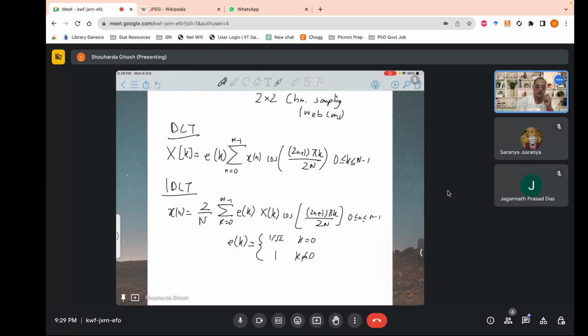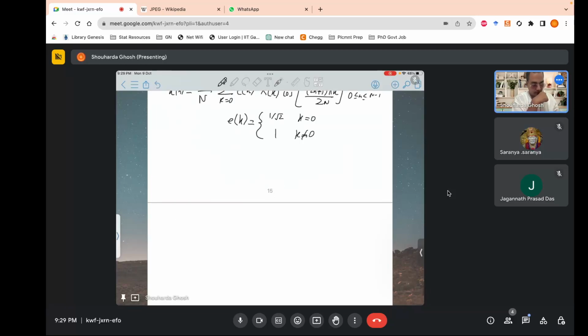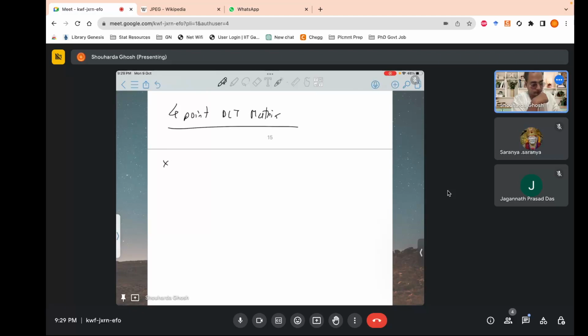It's very similar to DFT, but the biggest advantage is that you don't have complex numbers to deal with. It's simple real numbers. Okay, so let's talk about a 4-point DCT matrix. So the 4-point DCT matrix has the following representation: